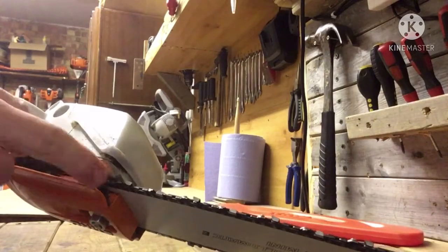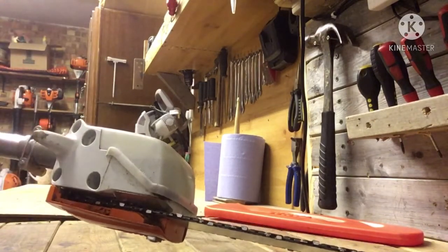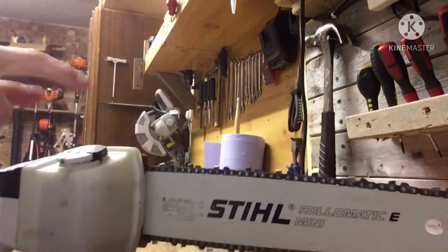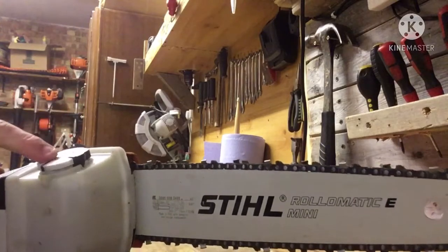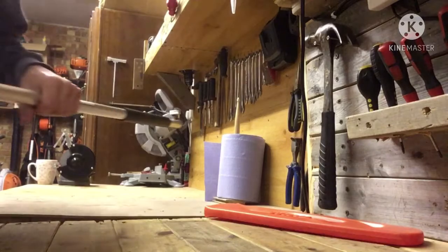Nice big gap here, so all your chippings comes straight out. I think I've had it get clogged up with chippings once, I think, but that wasn't a huge deal at all, really. If I spin it around,